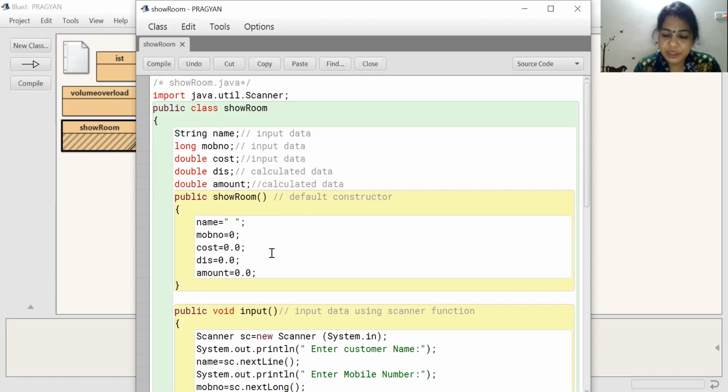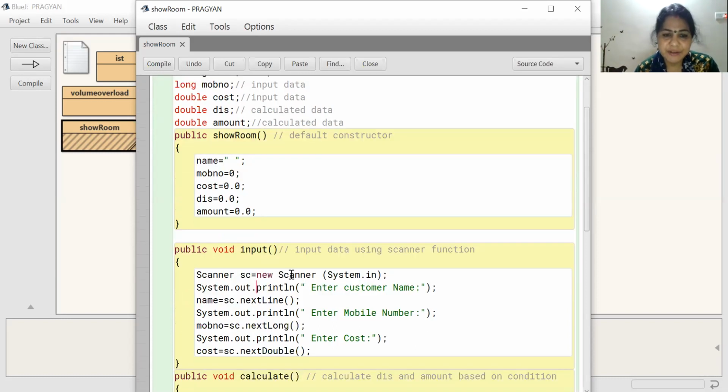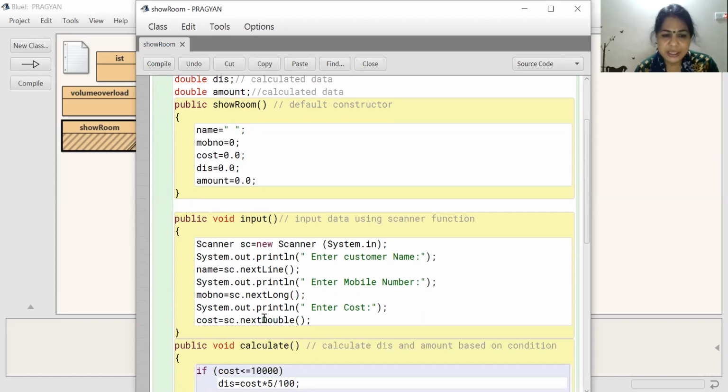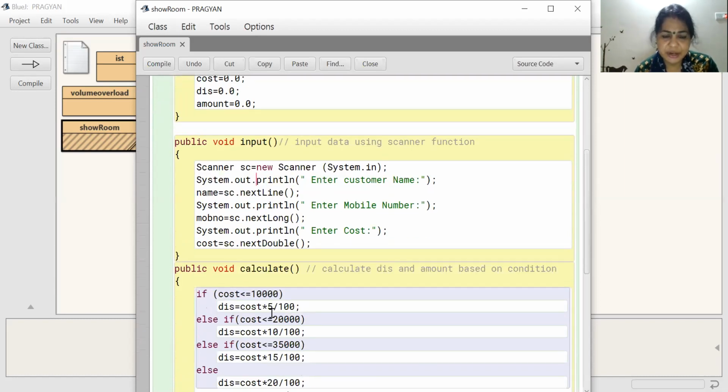Next we come to the input data, that you already knew. In the input method, you see void input, and the Scanner I first defined, then input the name, then the mobile number, then the cost, then calculate given the condition. According to the condition, if cost is less than 10,000, then you have to calculate the discount as 5%, so cost into 5 by 100, that is the formula we have to follow.